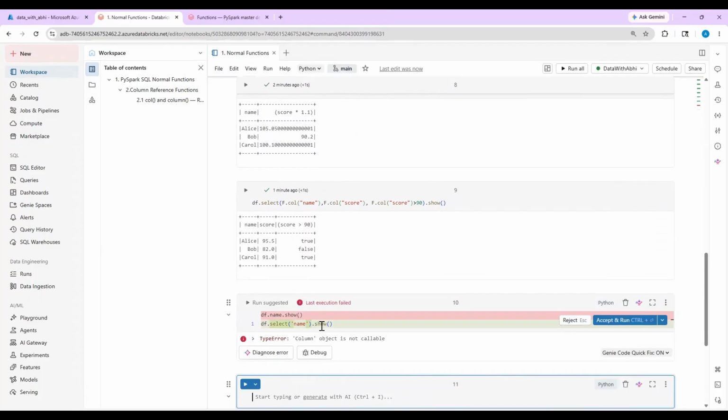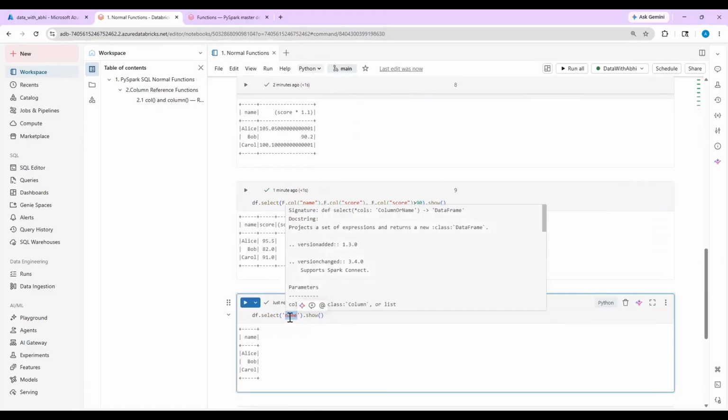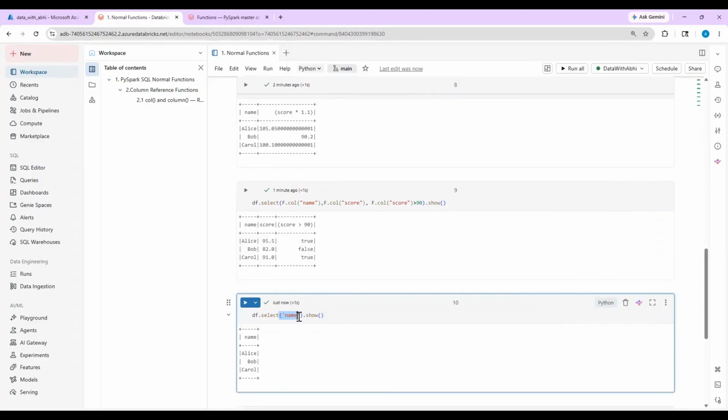Maybe this is not accepted here. Let me see. Okay, we can directly pass the name, as in we pass it in a SQL instead of mentioning anything. We can pass it like this. So this method can be utilized, but if you want to do aggregation or derive some expression, then